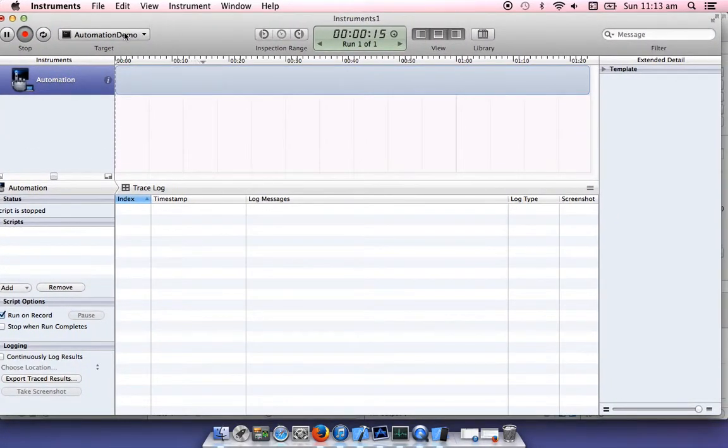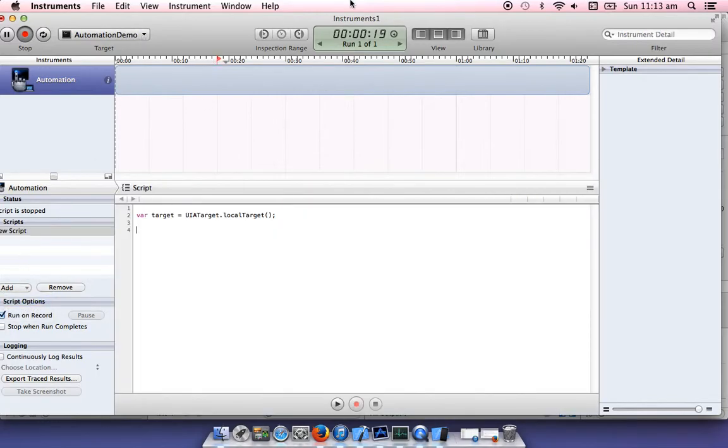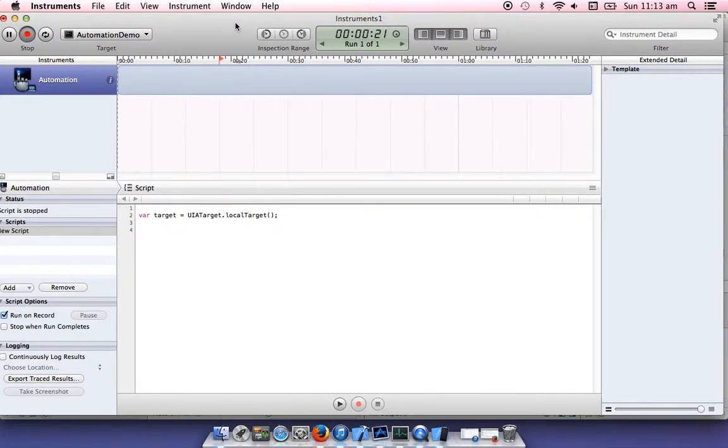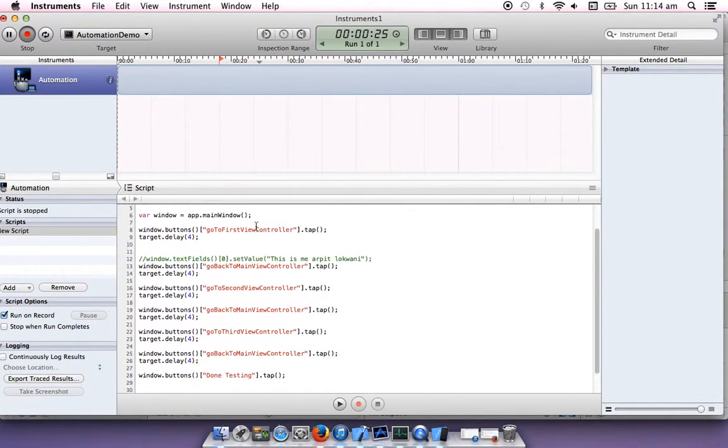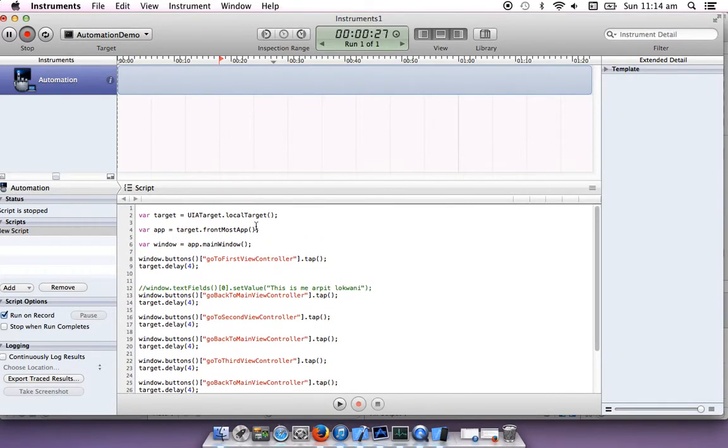For that we can choose some demos also I guess. No, so start a new one, create. For the time being I will not write the code, I will paste the whole code. I already wrote that so that it will save our time. As you can see, there are certain functions, methods and classes. See, there is a name as target, the UI target and local target. Its basic functionality is to bring the object of the iPhone simulator so that you can access that simulator.